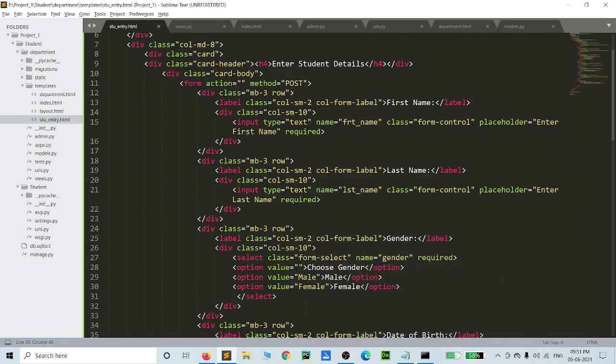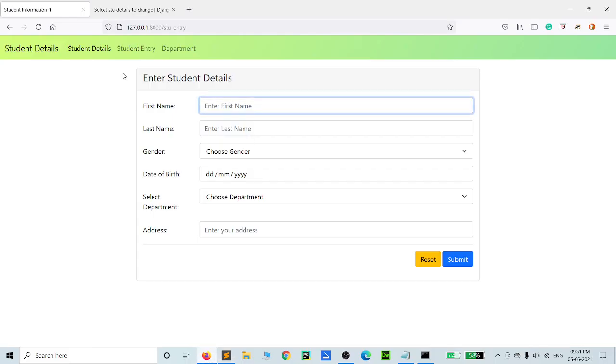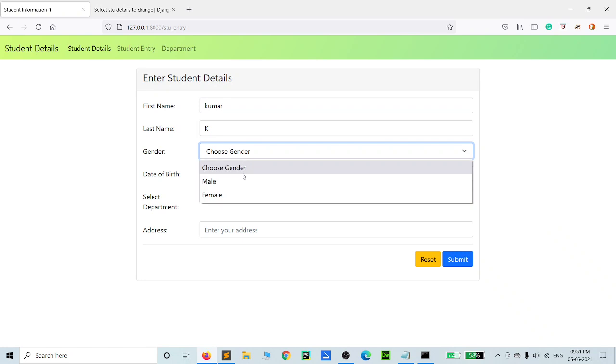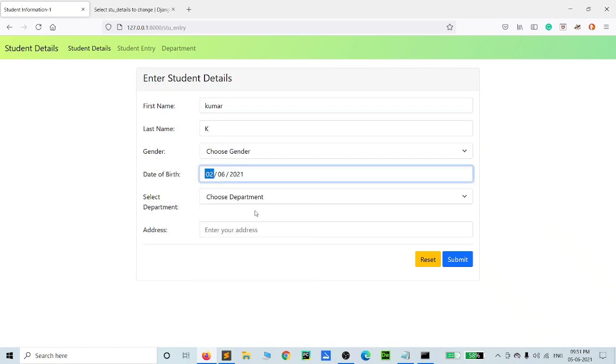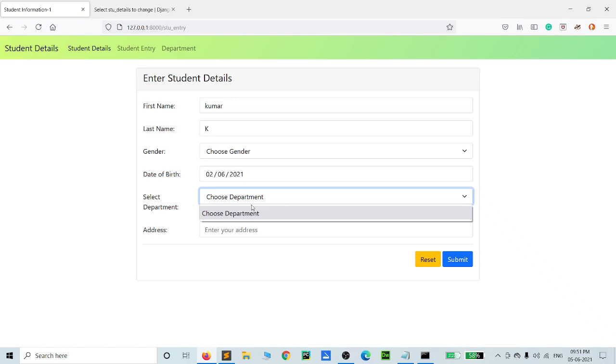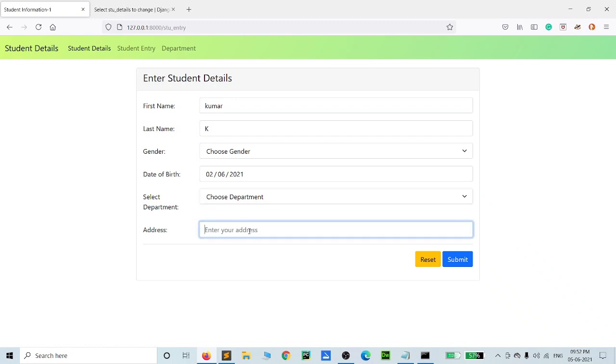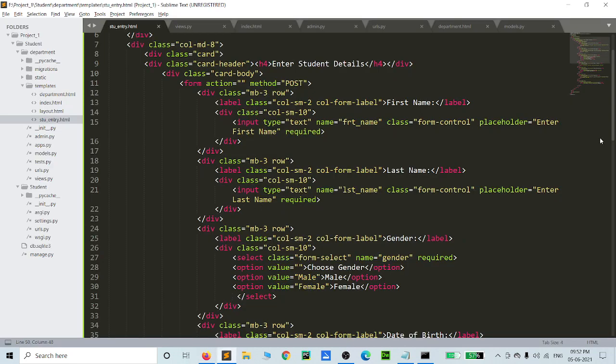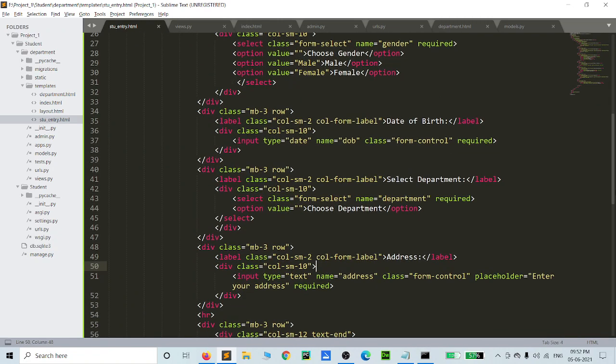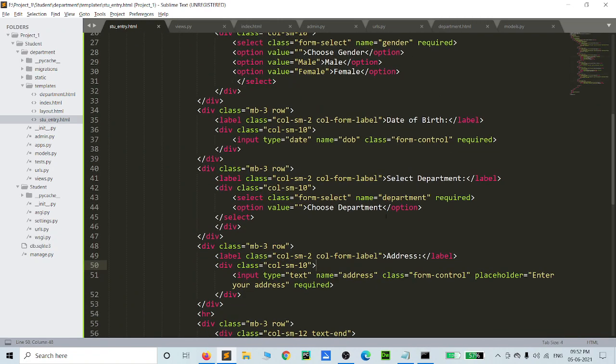Now we are going to the post method, how to insert the data into the student database. Now we want to check this: enter the first name and last name details. But here the department section shows nothing. Next we give some address. So how to select this department? When you go to these sections, what we given in this area.